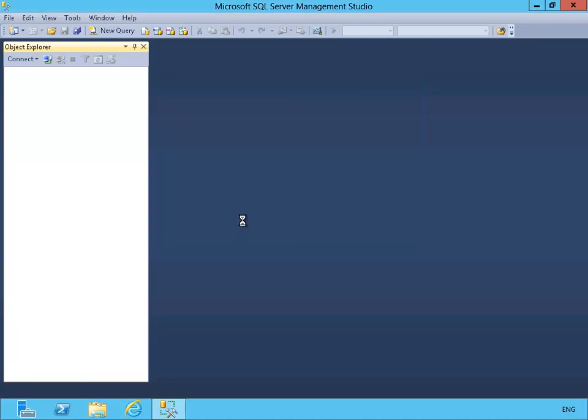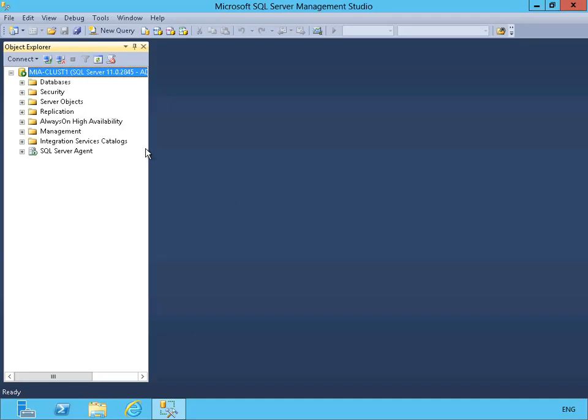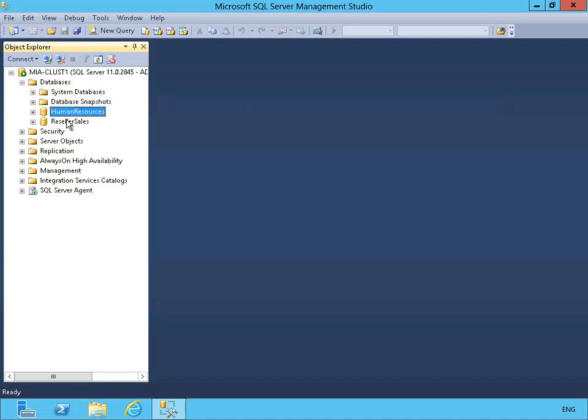We don't need to log in to other nodes. And the first thing that we will do, since this node is hosting 2 databases, we will back up these databases. All nodes share the same storage,